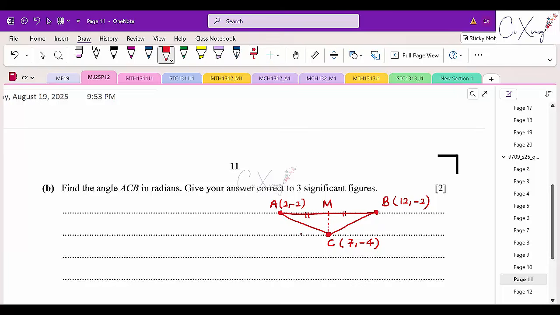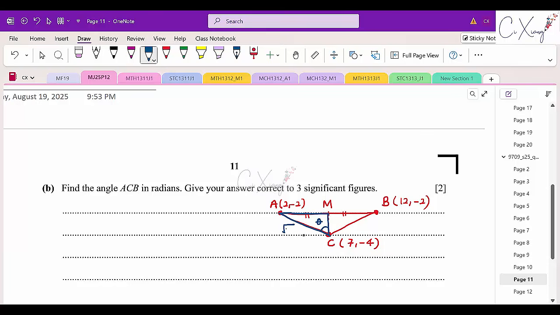There are many ways for you to find out. I want you to refer to half of the triangle here first. For this triangle, I find out this theta first. Then the angle ACB is 2 times theta. Agree? Alright. So how can I find the theta? By looking at this triangle, there are many ways for you to do it. If you're aware, you will know that the length for AC is the radius, which is